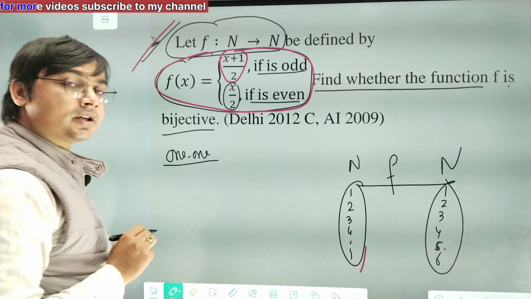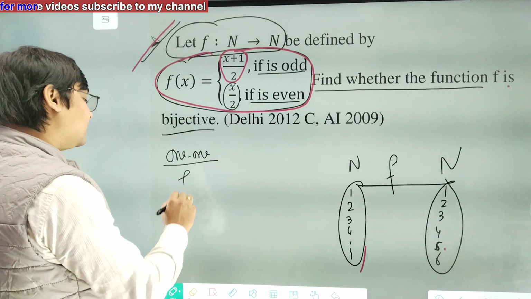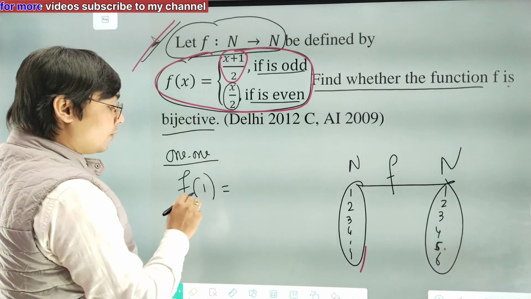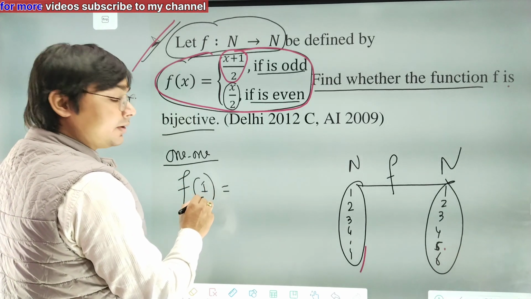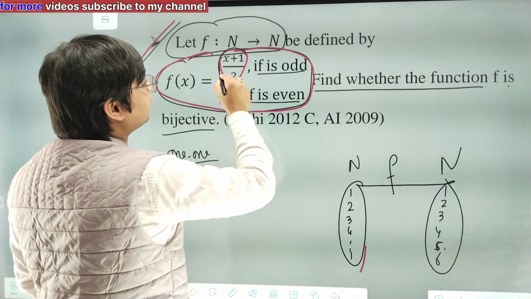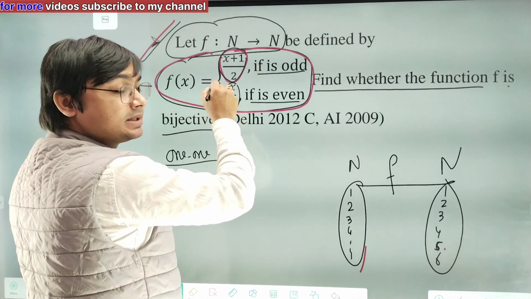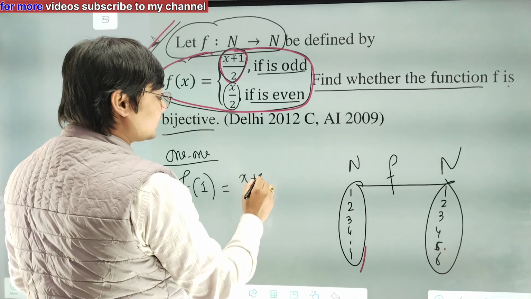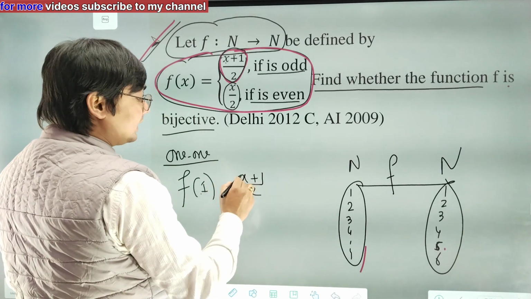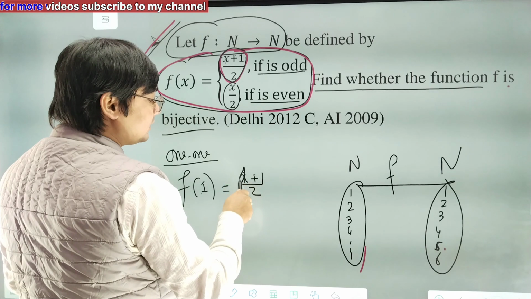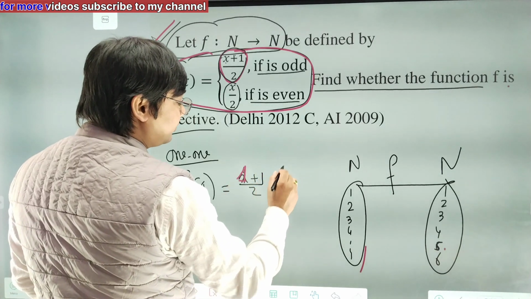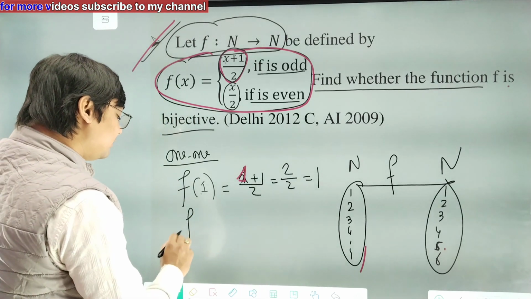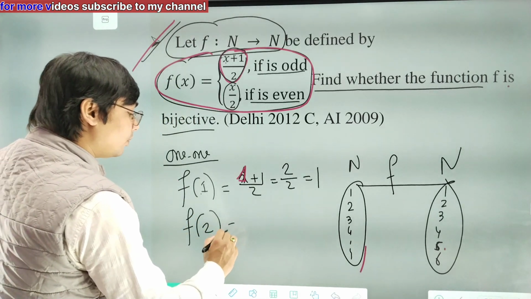This is our function. So if you find f of 1, that means the image of 1, what will be the value here? You see, 1 is an odd number, so this structure will follow according to our definition. So (x plus 1) by 2, and here x is 1, so you put x is 1, so this will be 2 by 2, so this is 1. And similarly, if we want to find f of 2,